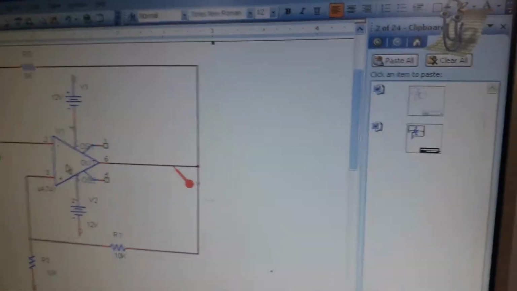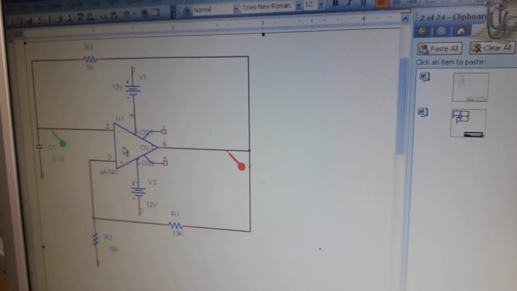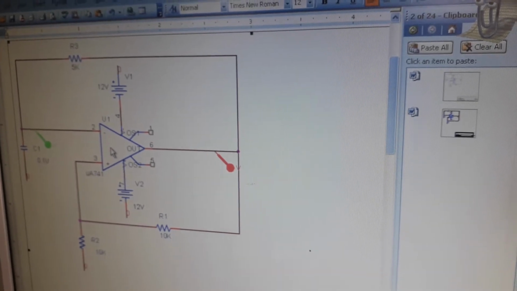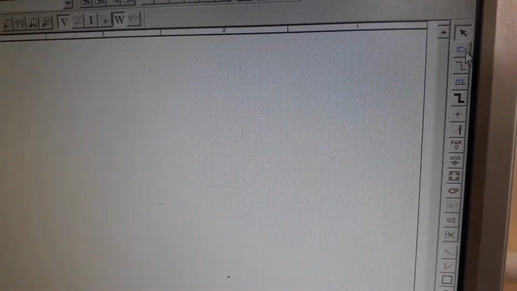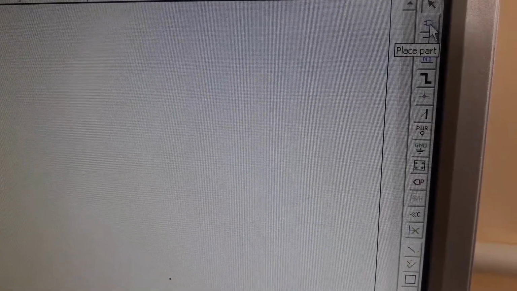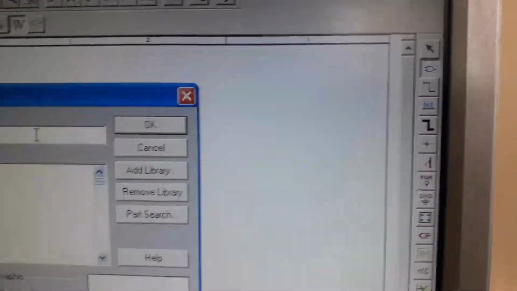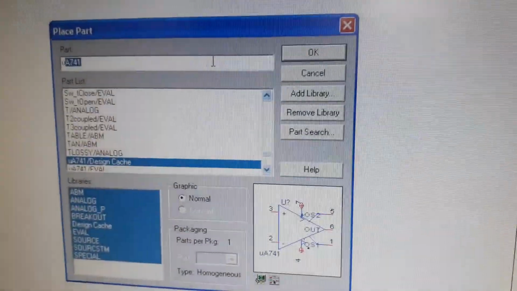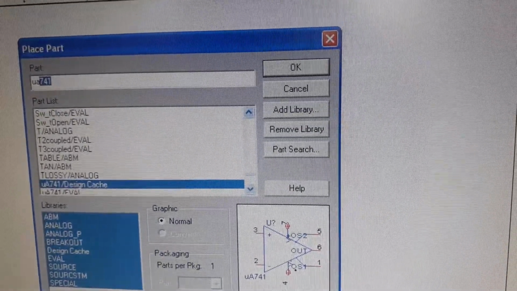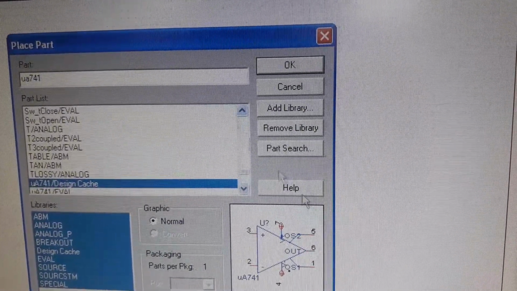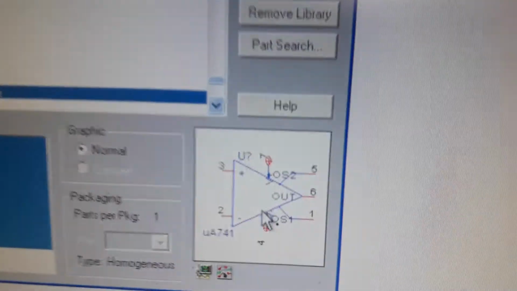So first we have the 741 op amp, and the name for this is UA741. Now click on the second icon, that is place part. Click on this icon and here type UA741. Now you can see the preview of this 741 op amp.